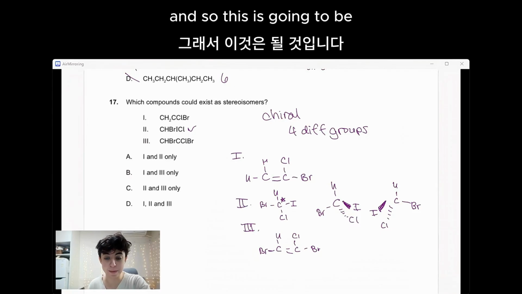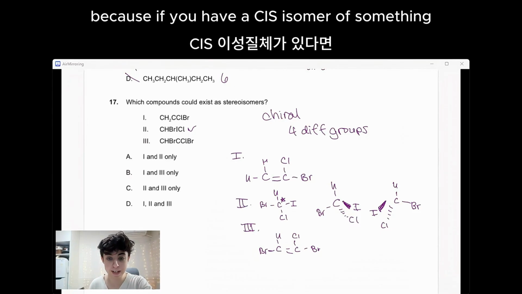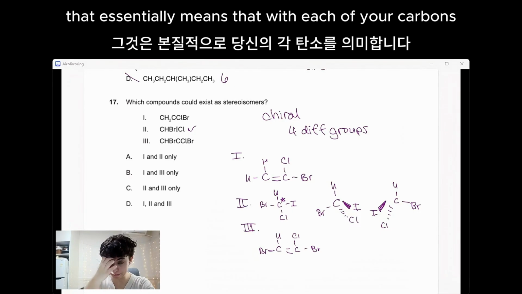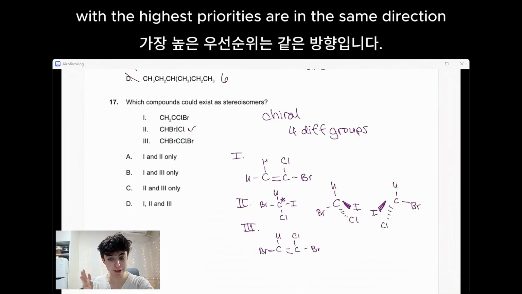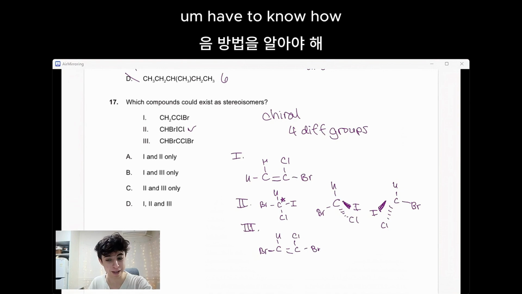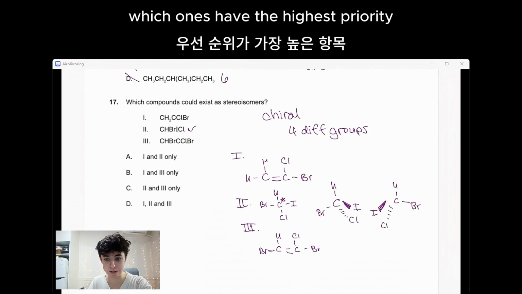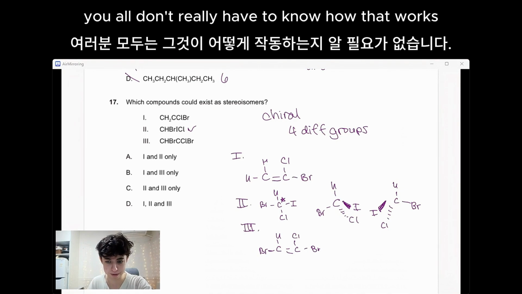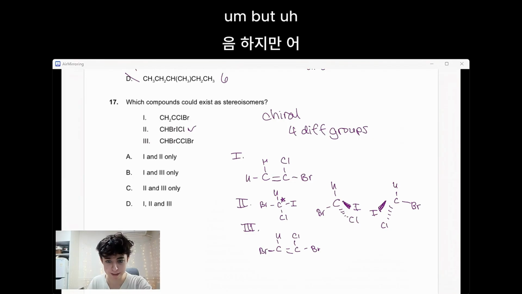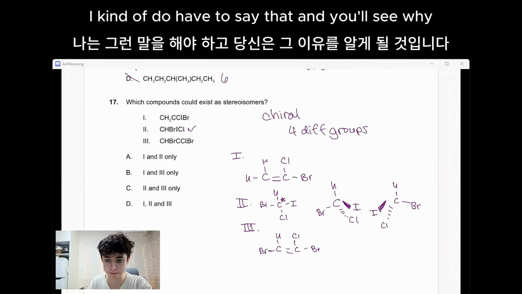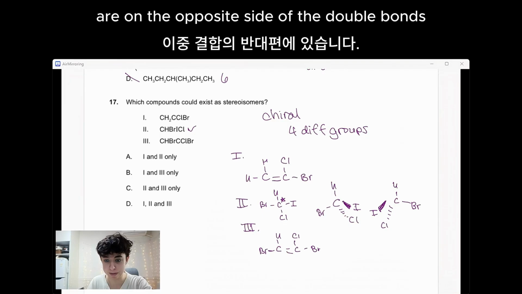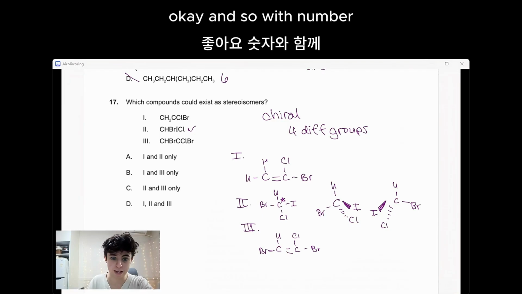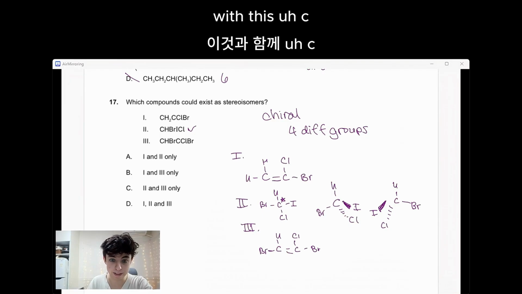This is because if you have a cis isomer of something, that essentially means that with each of your carbons, your attachments with the highest priorities are in the same direction. You all don't really have to know how priority works, but for this example, I kind of do have to say that, and you'll see why. But in the trans isomer, your ones with the highest priority are on the opposite side of the double bond. Okay, and so with number 1,